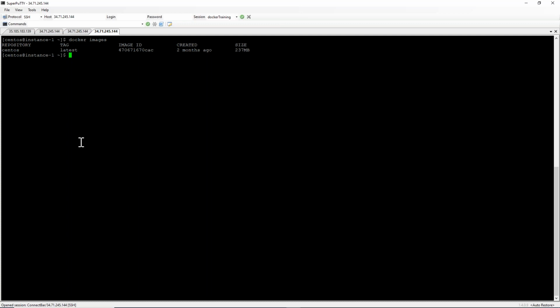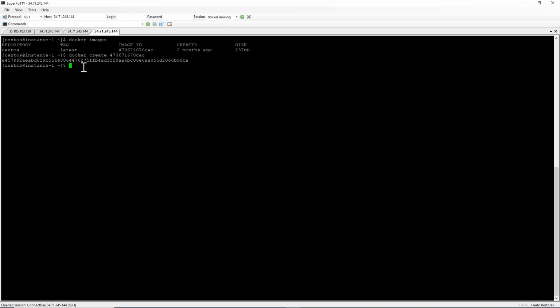Now you have the image. How will you create a container? Docker create and then the image name or image ID. So now the container is created and you got this. This is the container ID.